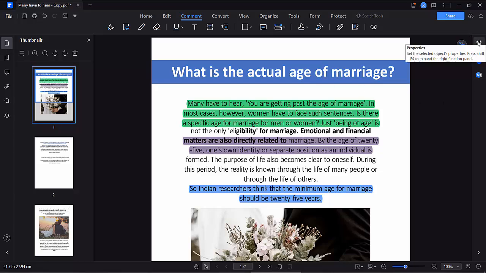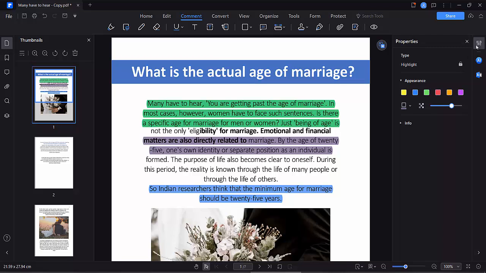Here you will find this properties option. Click here. Now click on your highlight and select. First select this highlight icon. Now click on this highlight and select,